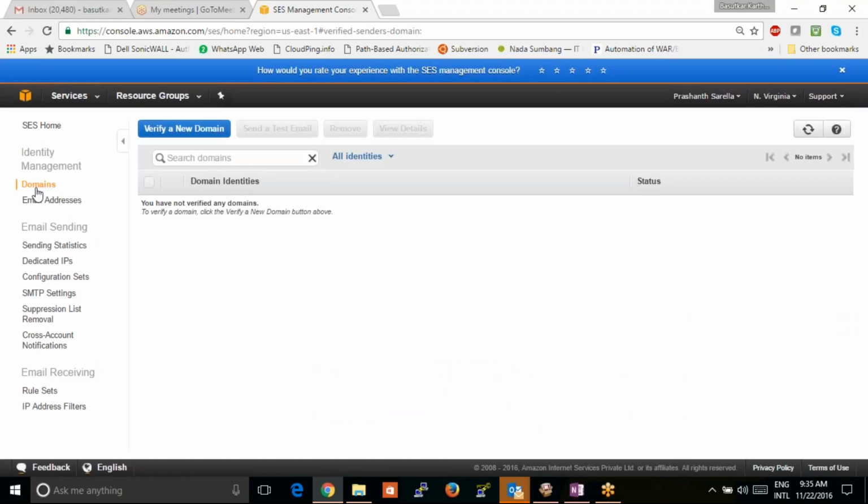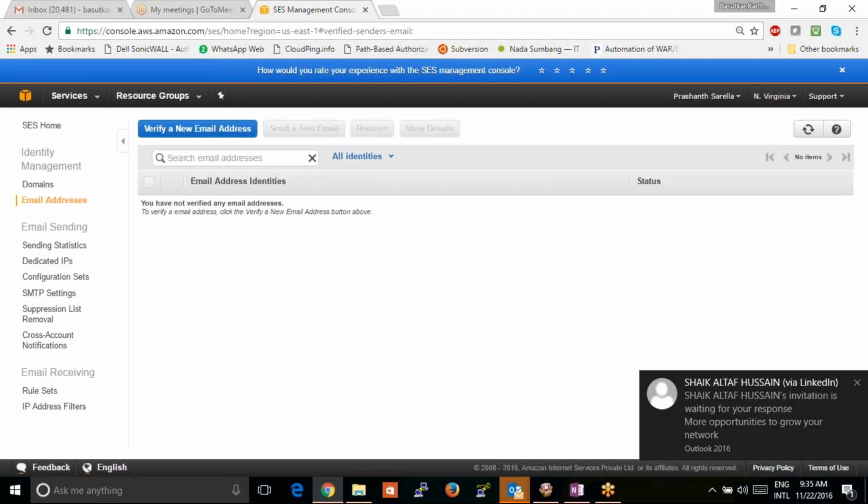First, you have to enroll your domain with the SES mail server. Verify a domain so that after verifying your domain, whatever mails come from the users on the domain will be forwarded via this AWS SES service. For that, first you have to verify whether the domain is yours or not. Okay, or if you want to send these mails to customers not from all the users of the domain, so